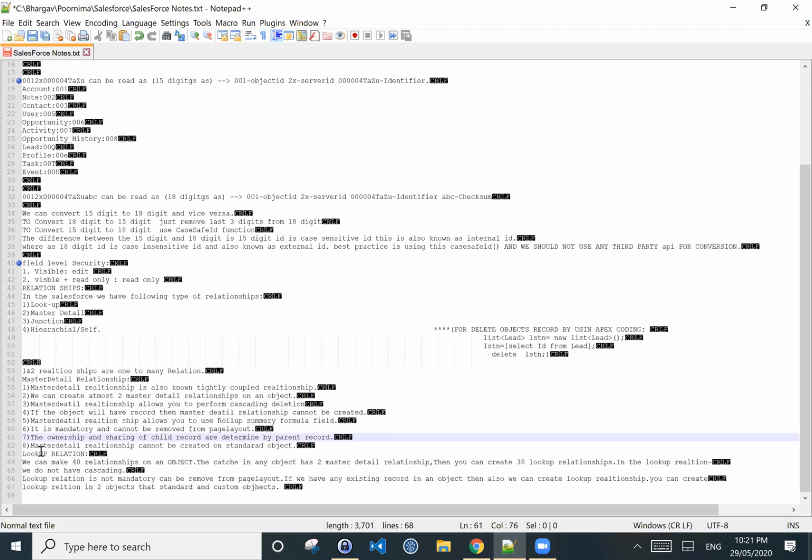If any object has two master relationships, then 40 minus 2 equals 38, so you can create 38 lookup relationships. If any object has one master relationship, then 40 minus 1 equals 39.